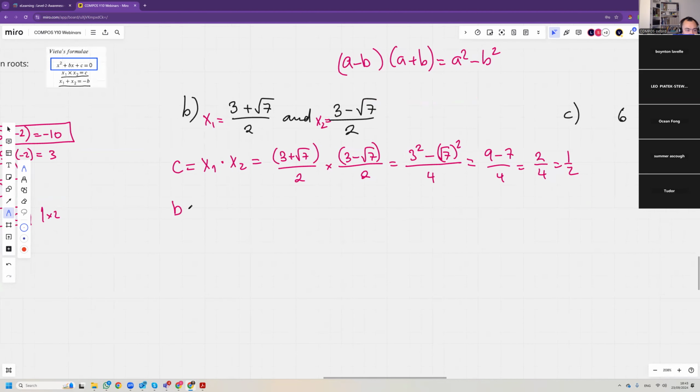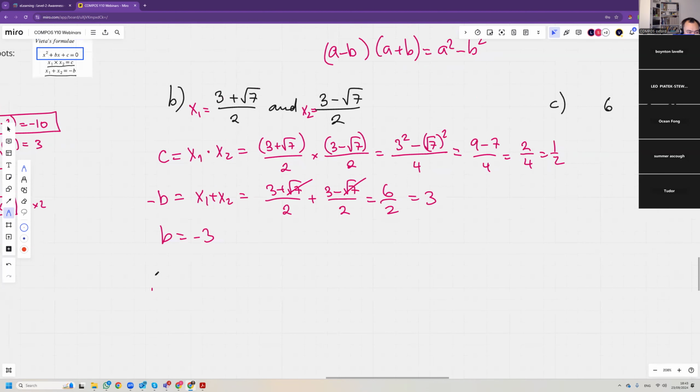Okay, minus b is x1 plus x2. So you can add these. So it's 3 plus root 7 over 2 plus 3 minus root 7 over 2. So 3 and 3 is 6, and root 7 minus root 7 is 0, and 6 over 2, which is 3. So b is minus 3. And so you can write down the answer. x squared minus 3x plus a 1/2